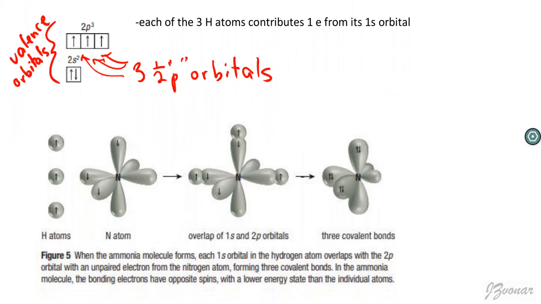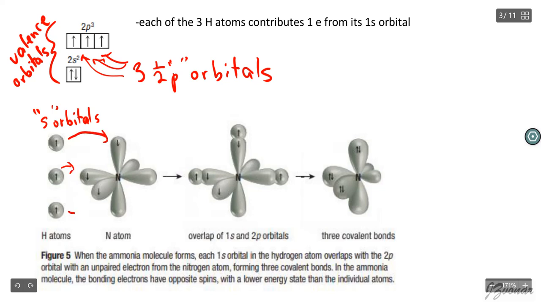Okay, so we see here the 3 hydrogens. These are all s orbitals with 1 electron in each of them. And this diagram here shows the 3 p orbitals along the x, y, and z axes, each half filled. And so what happens is, these two come into close proximity to one another, this one does, and this one does. And so it shows the overlap. Each of these is where the covalent bond is formed. So there's an overlap here, an overlap here,